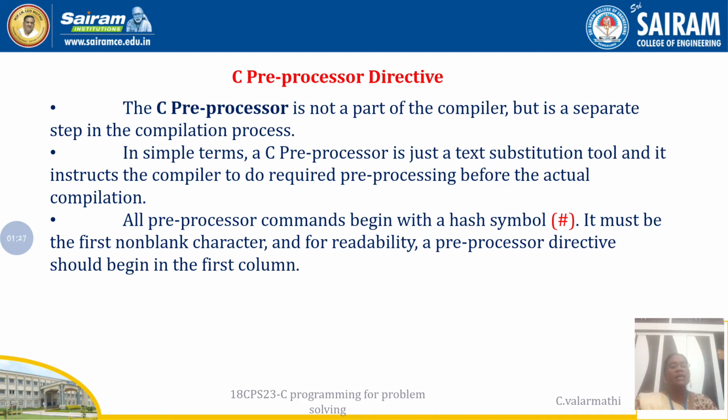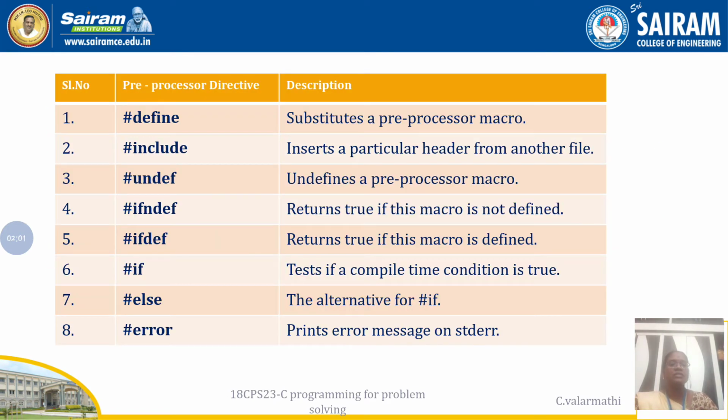This is entirely different from normal coding. Your preprocessor commands always begin with a symbol called the hash symbol. If a preprocessor command starts with a hash symbol, it may be a file inclusion, or a definition, or some conditionals, based on conditions. It will differ like that, but all preprocessor commands begin with the symbol hash, right? Now we'll see what preprocessor directives are available in C.